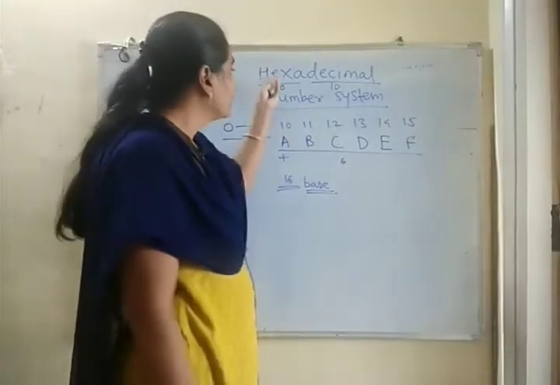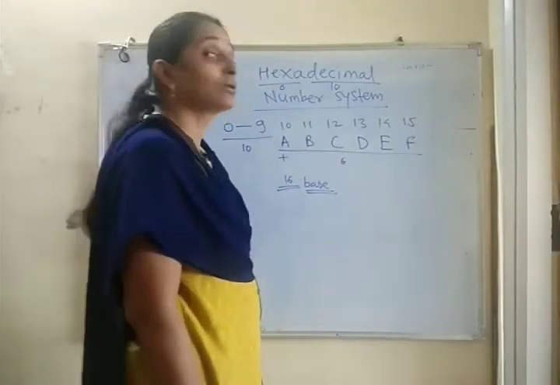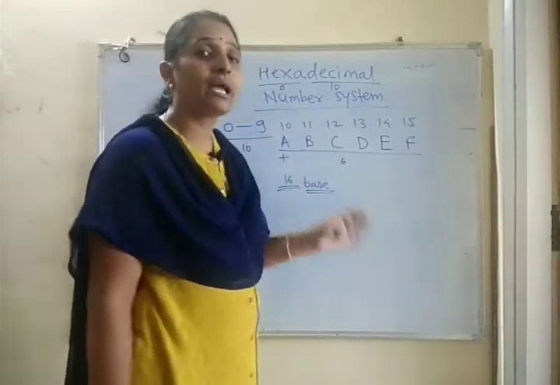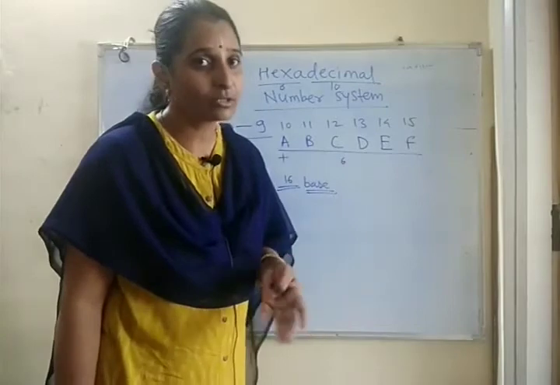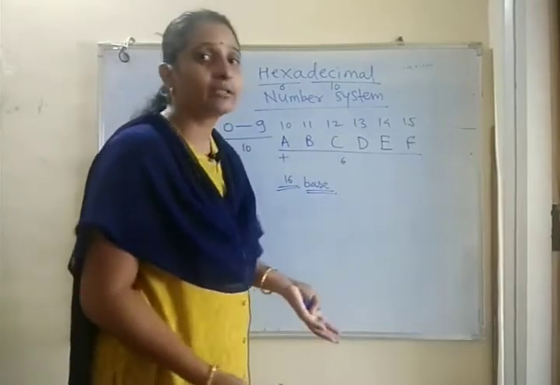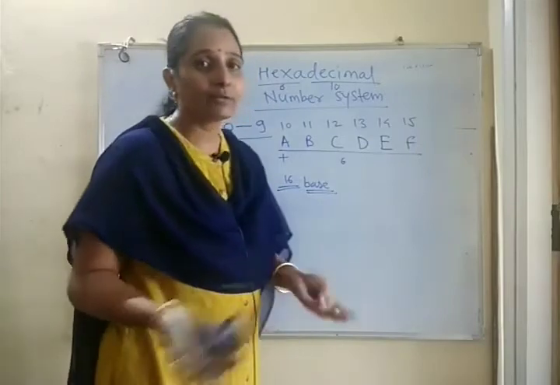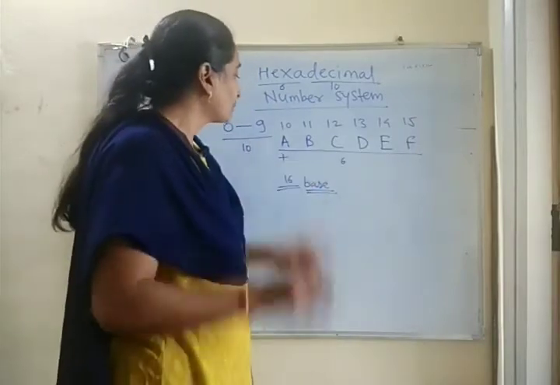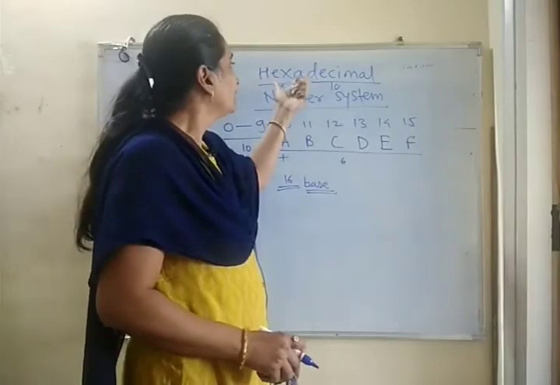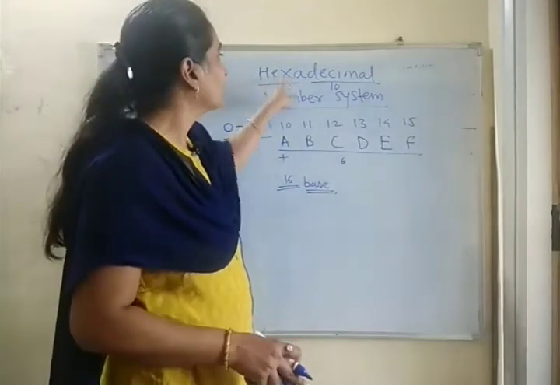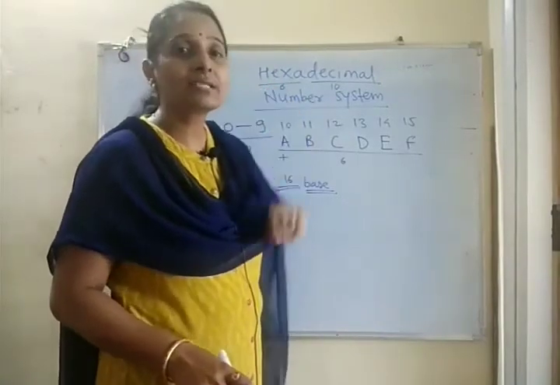So why are we using this hexadecimal number system? Because our processor, every computer has its own processor. Because of the processor, the computer can run and execute your programs and your different types of applications. So that processor has its own language, and that language is written inside this hexadecimal number system.